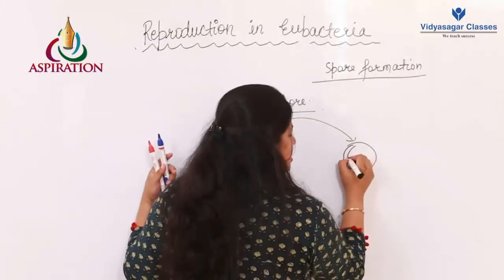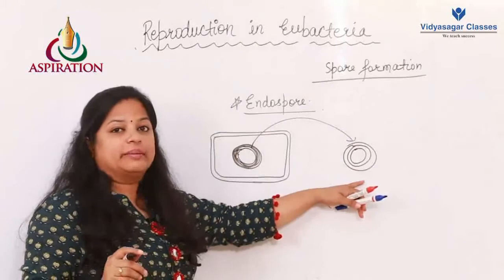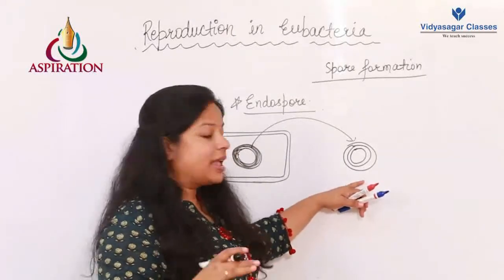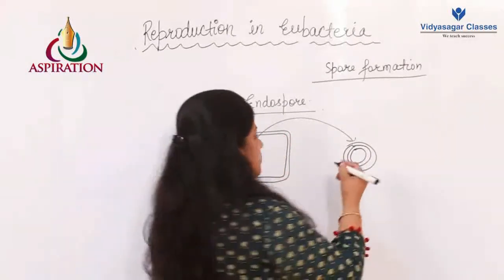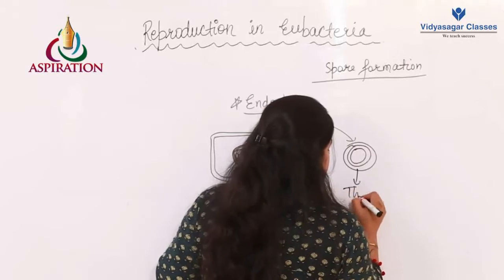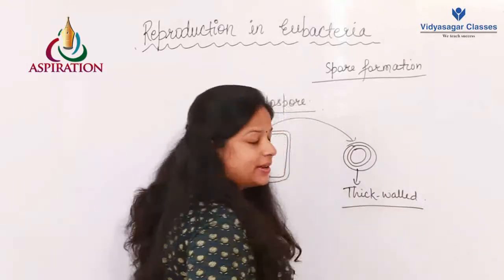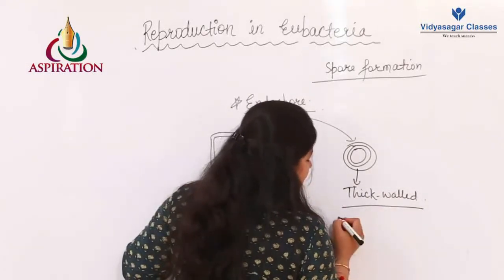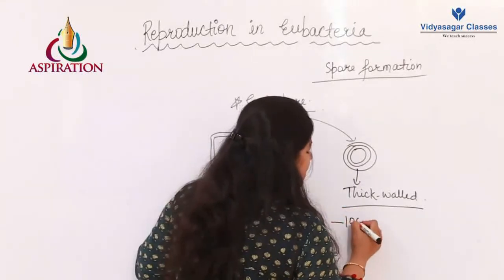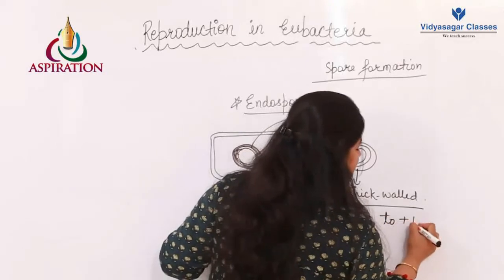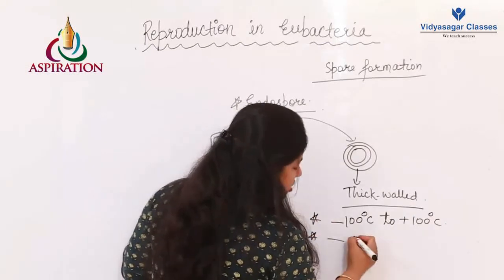It is released outside. It is very tough and resistant to temperature, desiccation, and chemicals. That's why it can survive for years. It is a thick-walled structure which is resistant to temperature. It can withstand temperature from minus 100 degrees C to plus 100 degrees C. It is also resistant to